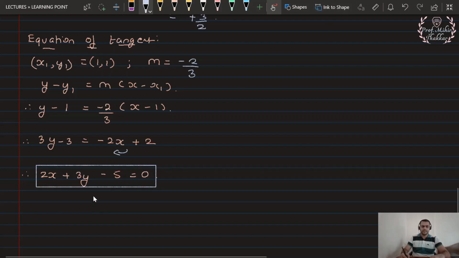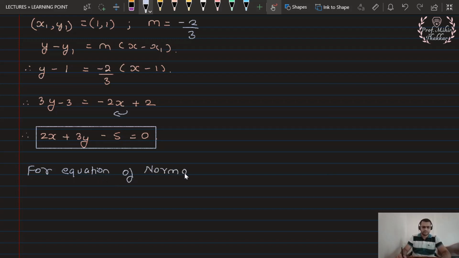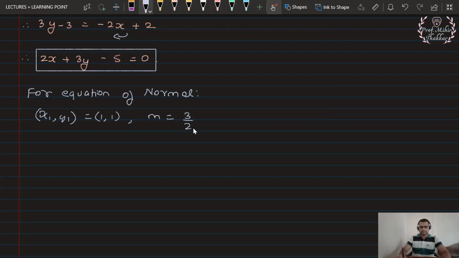In the similar manner, for equation of normal, the value of x1 y1 is again 1 comma 1, and the slope value over here is positive 3 by 2. So I can say